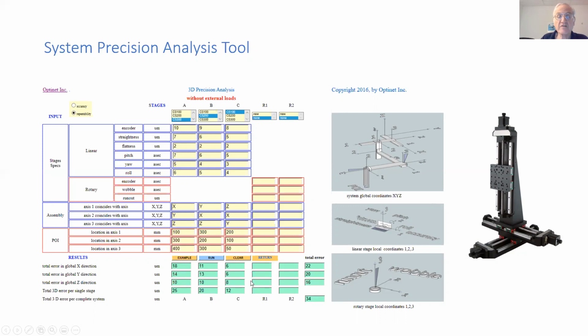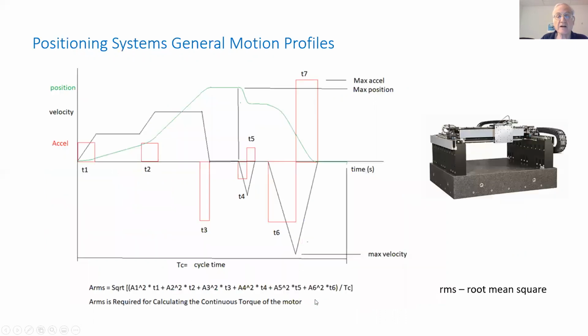And we can also find the effects of each one of these stages on a final result. We can optimize the parameters as we see over here, or even change the stages in order to meet the desired specified target. Here we see an example where we use a simple model, a motion model of a stage. We may have to move this stage for a particular process in a certain profile.